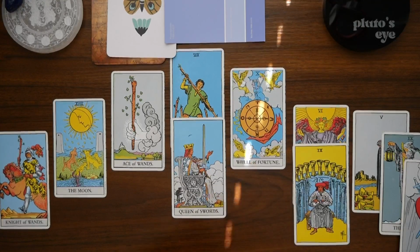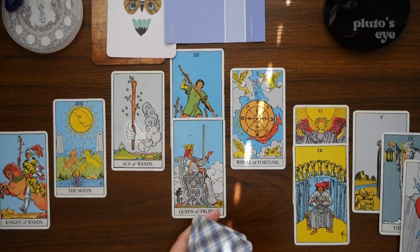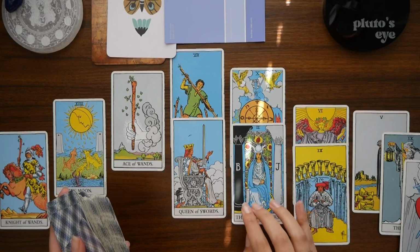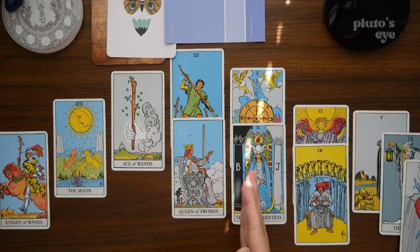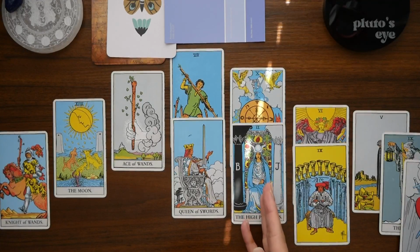And it feels like we have the Hermit and the Three of Swords. So it feels like going on your own and following your own intuition. Let's get one for the Wheel of Fortune. Yeah, following your intuition. It feels like somebody was telling you their peace of mind, but spirit, your intuition, your higher self, they're telling you to listen, to seek your own counsel, telling you to listen to your own